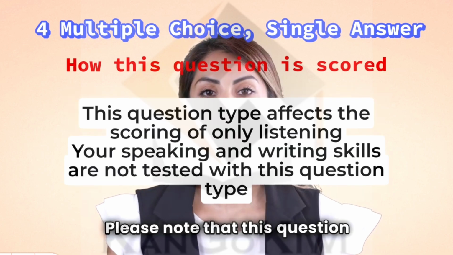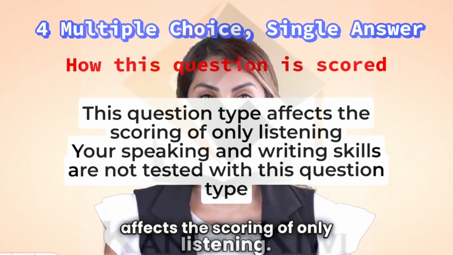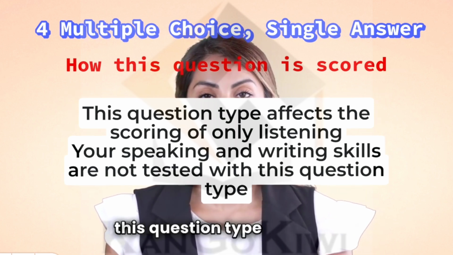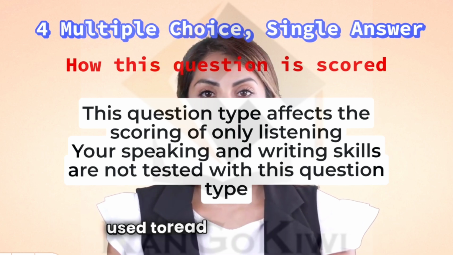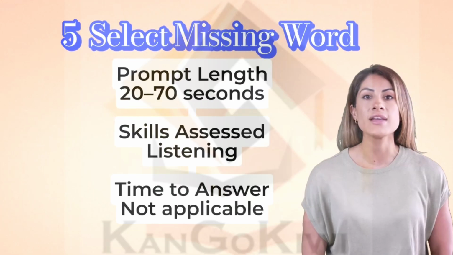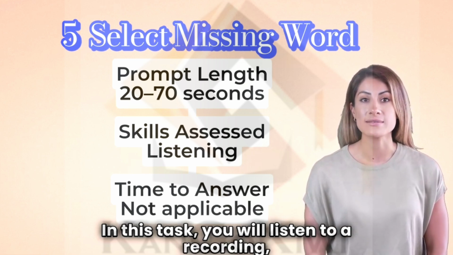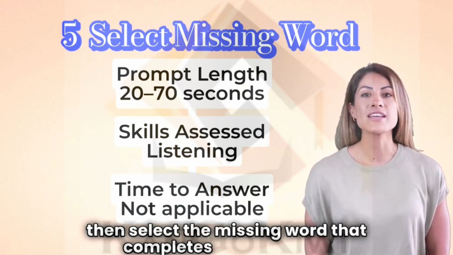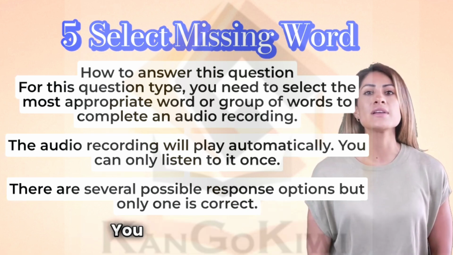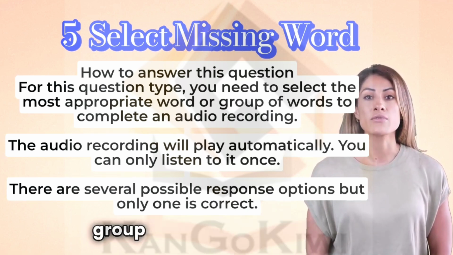Please note that this question type affects the scoring of only listening. Your speaking and writing skills are not tested with this question type, and your reading skills are only used to read the instructions, prompt, and response options. In this task, you will listen to a recording, then select the missing word that completes the recording from a list of options. For this question type, you need to select the most appropriate word or group of words to